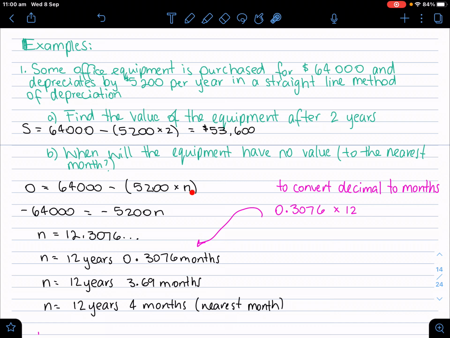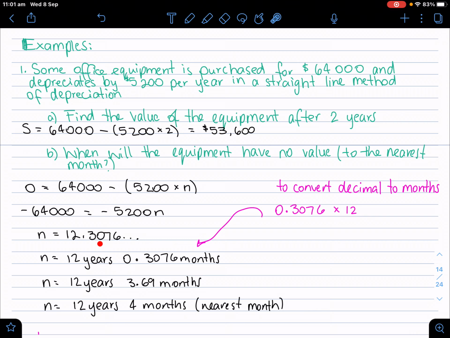Now the next part of the question says, when will the equipment have no value to the nearest month? So here we know that the salvage value is 0, no value, equals the original value minus the depreciation per period times n. Now we don't know n, we know everything except n. So I can simplify some of this to get up to there. Now I can just divide both sides by negative 5,200 using equations, and I get